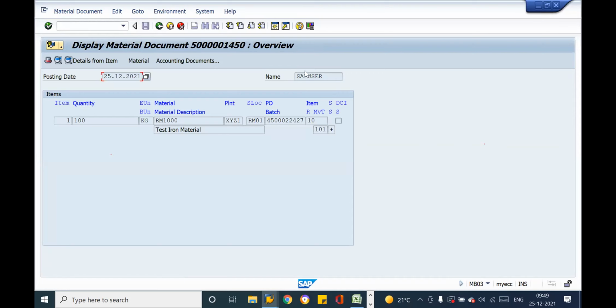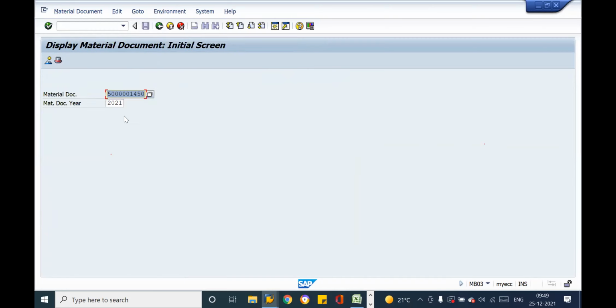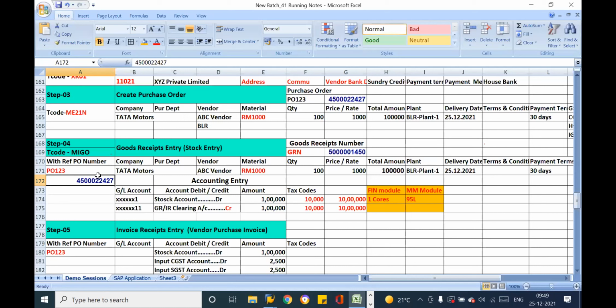So this is the stock entry. This is the number system has generated. This is the material document number. It is generated, right? Stock entry. This number, if I go to display this number,